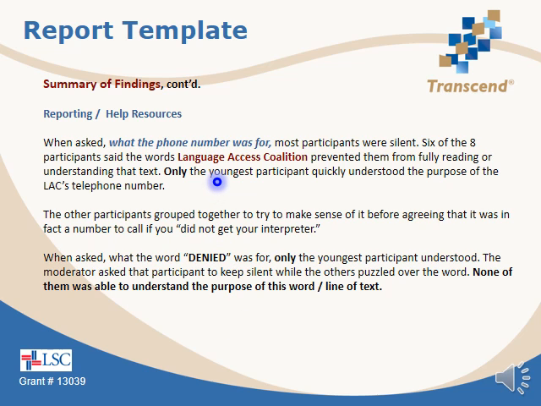Next, we wanted to find out whether they would be able to understand the reporting part of it. If an agency didn't comply with the language access guidelines, would they be able to report it or find the number where they could get help? We showed them the card and asked, what is this number for? And again, it was interesting to see that